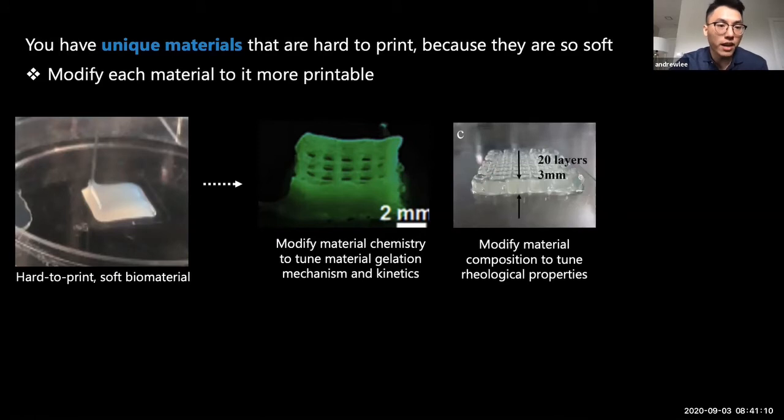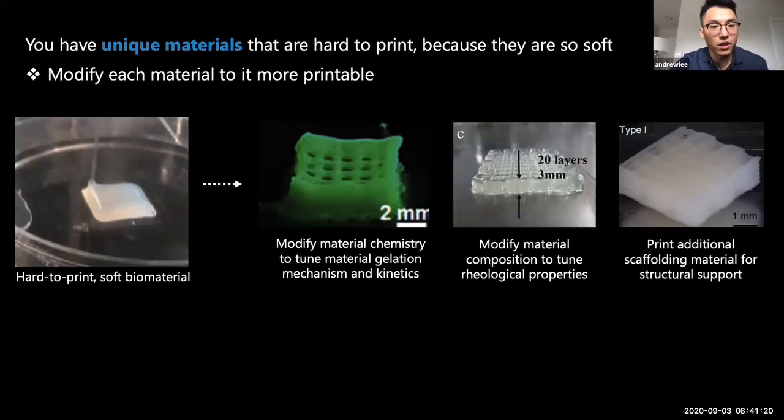You can modify the composition so that it has the consistency, the rheological properties, so that it doesn't flow everywhere. It can stay in place, so you can stack everything together. You can also print additional scaffolding materials, kind of like how you would build a building, so that you use stiff structural elements to support your much softer material. And each of these limits some